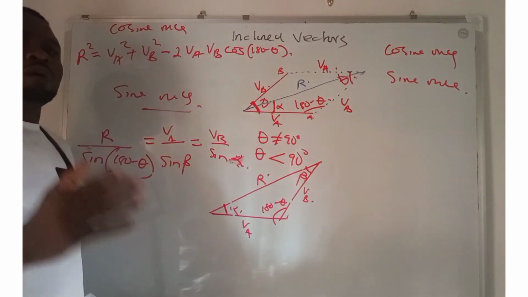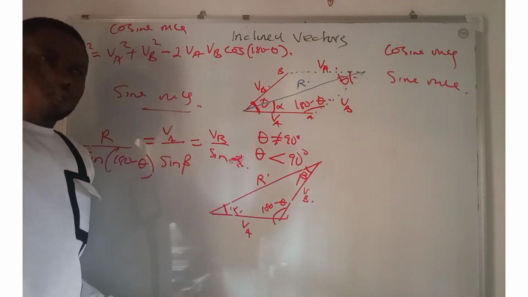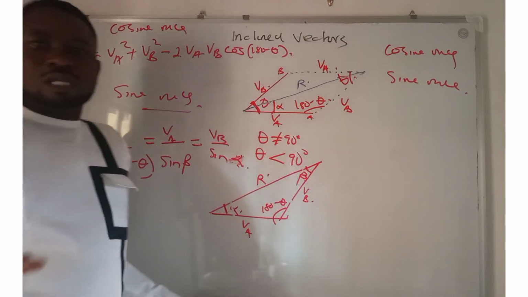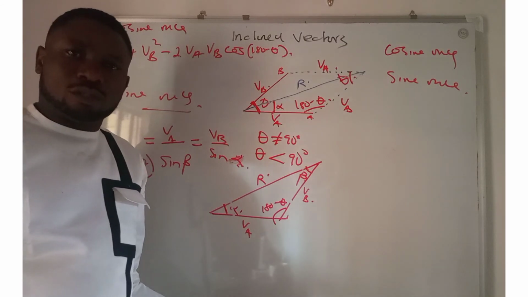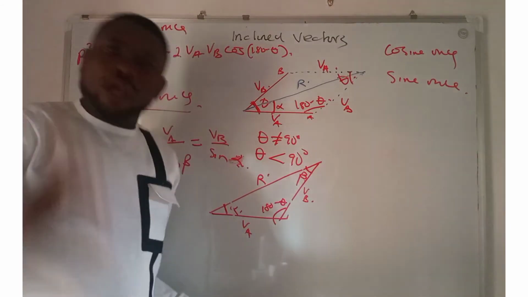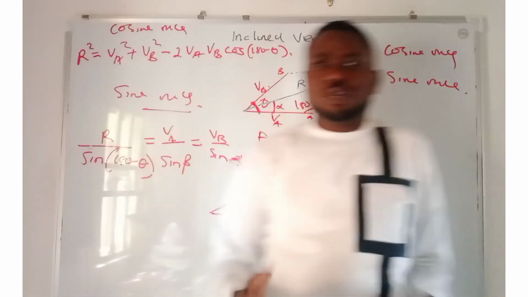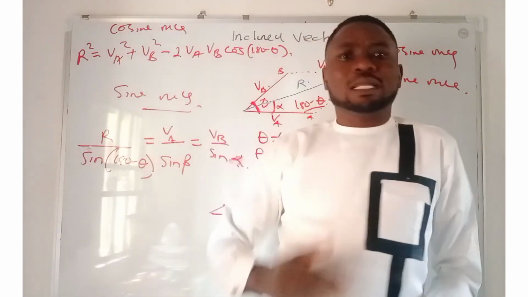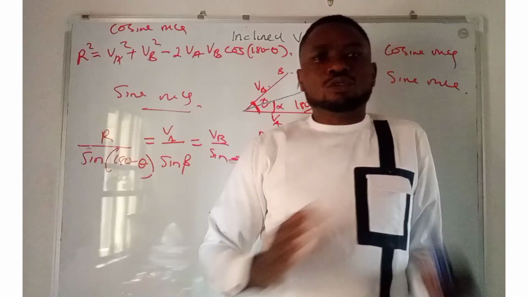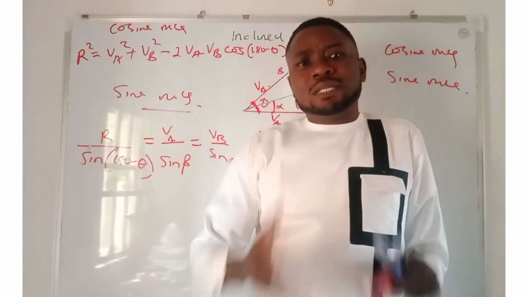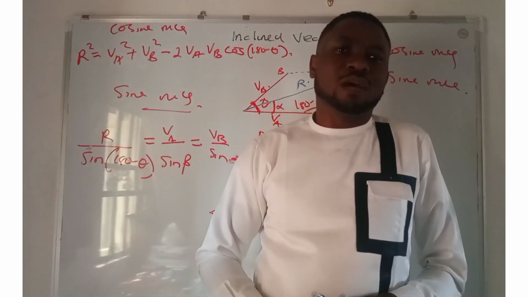It's very simple, but I want you to understand that anytime you have a vector question, what must come to your mind first? What system of vectors do you have? Is it parallel vectors? Is it inclined vectors? Is it perpendicular vectors? Now, each of them has its own way of solving. So that's one thing I want my viewers to understand. You don't just begin to solve, except you have justified that what you are dealing with fits into a particular system of vectors, and then you recall everything that you know about that system. In this case, we have a case of inclined vectors,